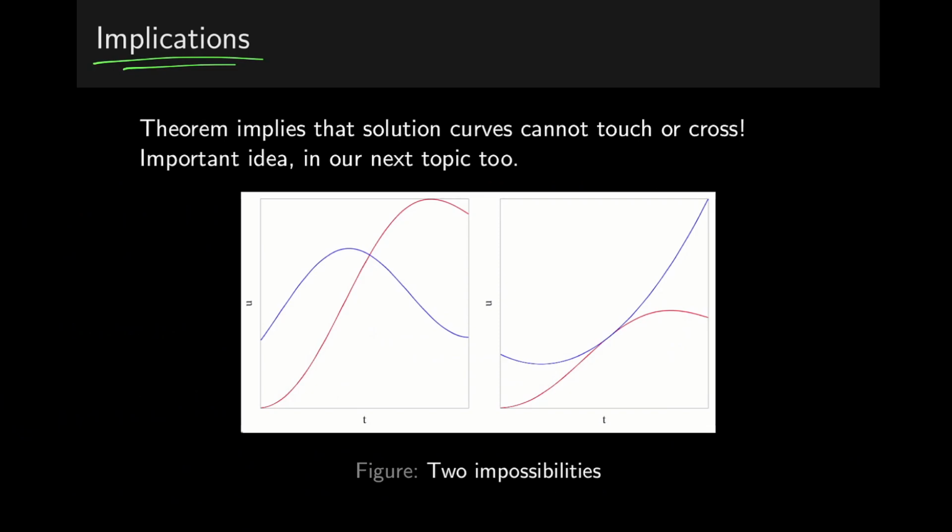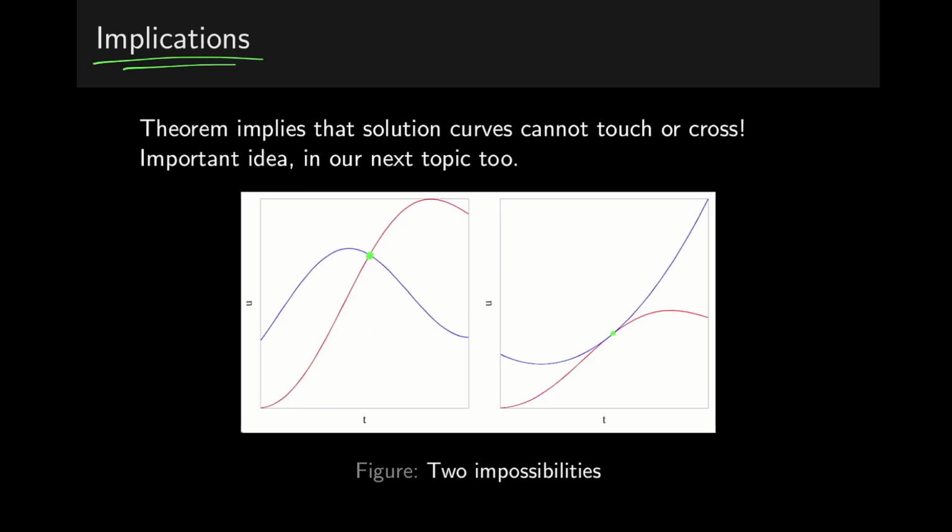The fact that the derivative with respect to y is continuous, and the fact that we are proving uniqueness, means that at each point I can't have two solutions crossing through this point. That would mean that there's not a unique solution passing through this point. So they can't touch, they can't cross, and this is going to be very important, especially when we get to